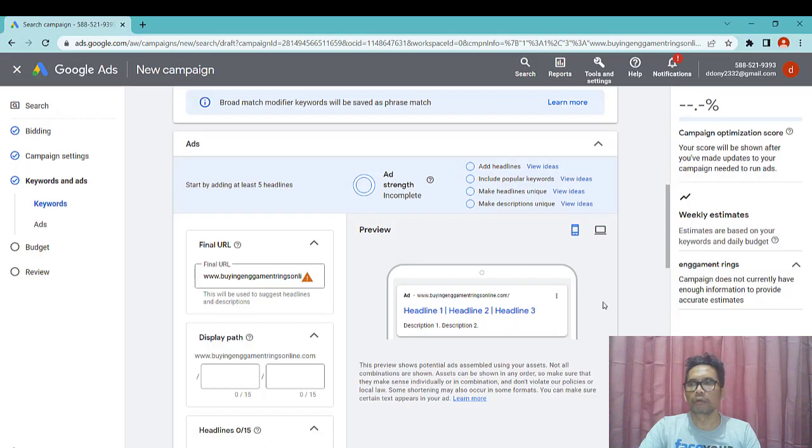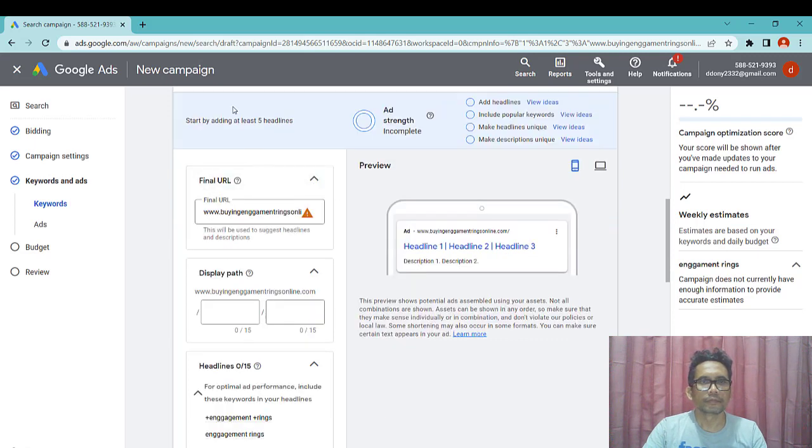So now we are at the ad level in our campaign. This is where we create the actual ad. You can see on your screen, in your Chrome screen, Google will lead you through how to create your actual ad.